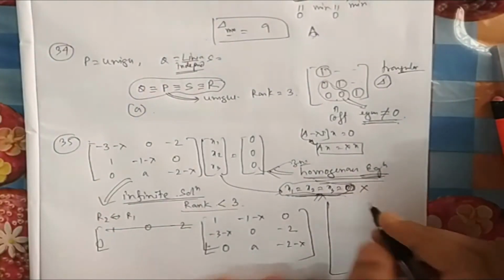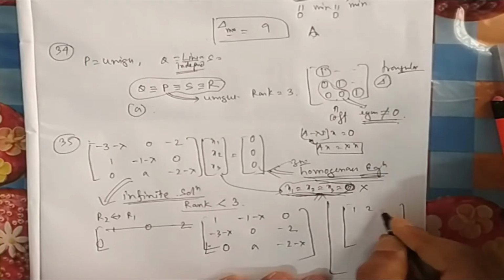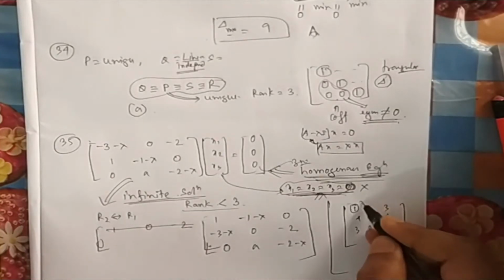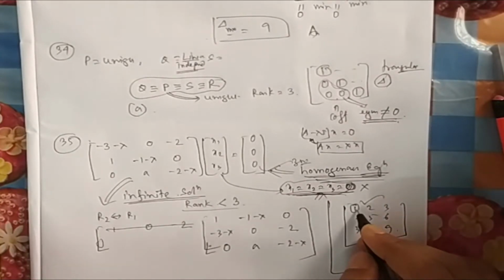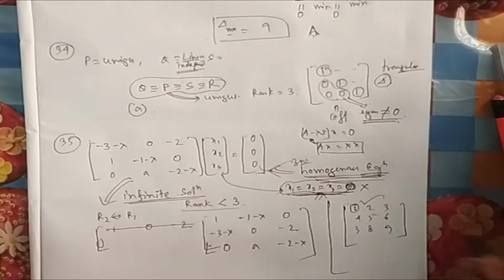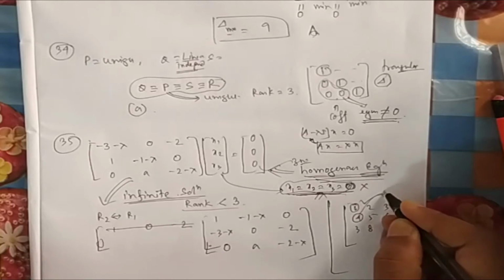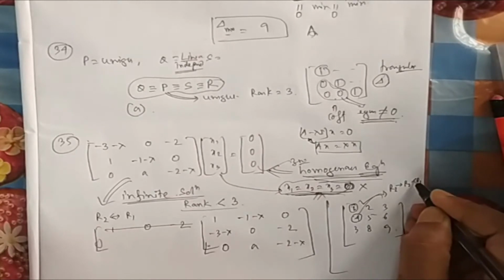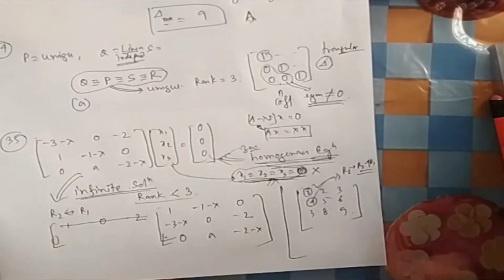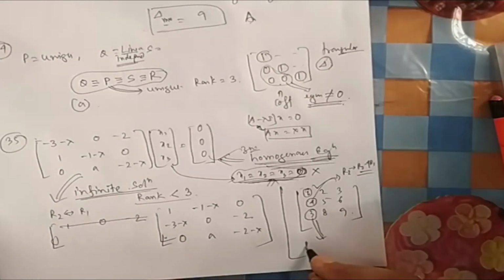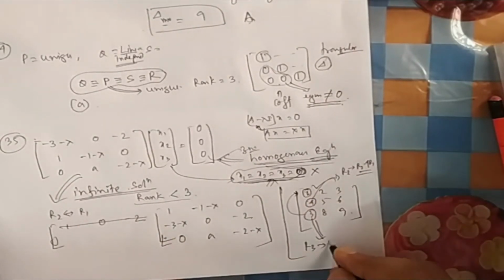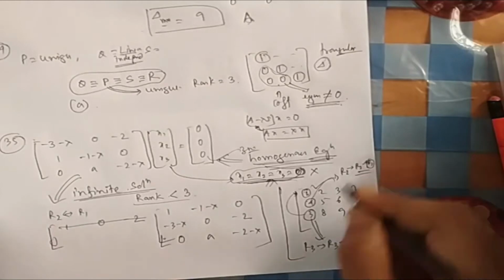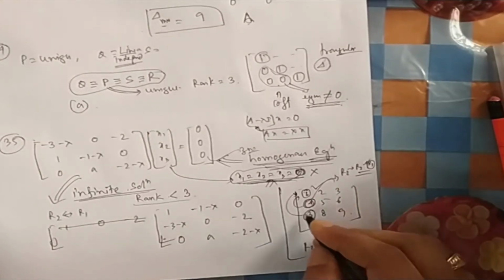Now here also I have found some confusion among students. Suppose it is 1, 2, 3, 4, 5, 6, 7, 8, 3, 8, 9, whatever. First, this 1 is given, okay, that is done. If it is not given, you divide by, suppose it is 5, so you divide by 5, then it will be 1. Now to make the entries below 0, you always take help of the upper row. So R2 will always be worked with R2 and R1. Here you have to multiply by 4. Getting it now? For making this 0, again you take help of the upper one only: R3 is replaced by R3 minus 3 times R1. So every time you take help of the row above. For making this 0 you take help of this, and for this also.